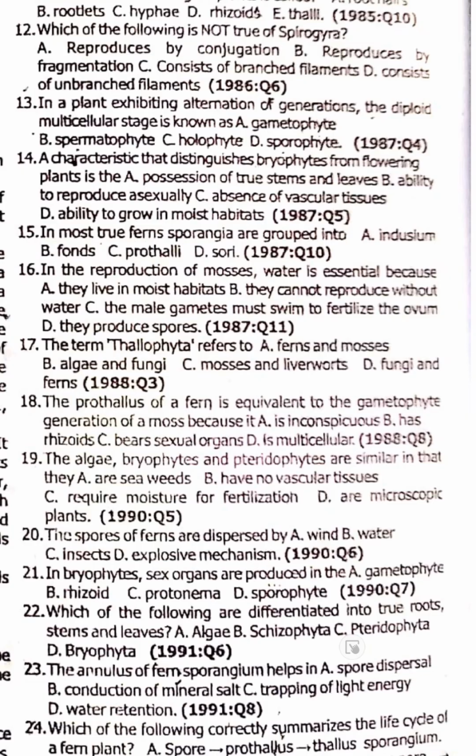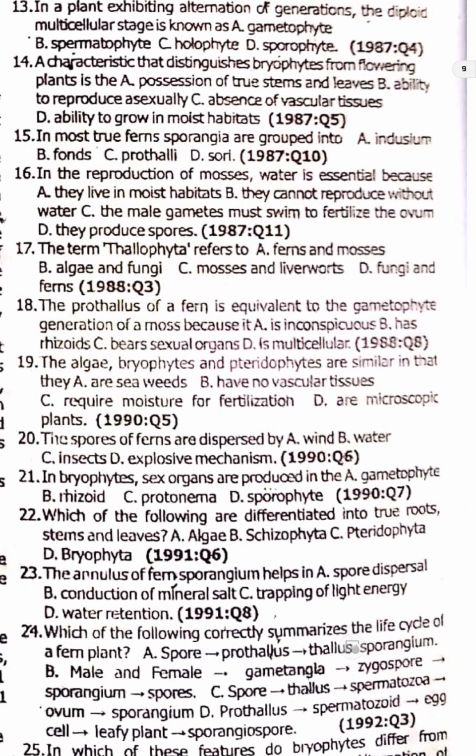Archegonia. 22. Which of the following is differentiated into true roots, stems, and leaves? 22 is option pteridophyte. 23. The annulus of fern sporangia helps in